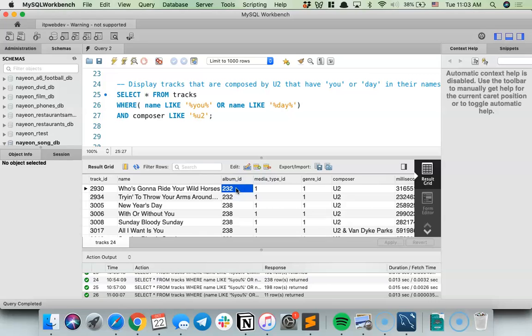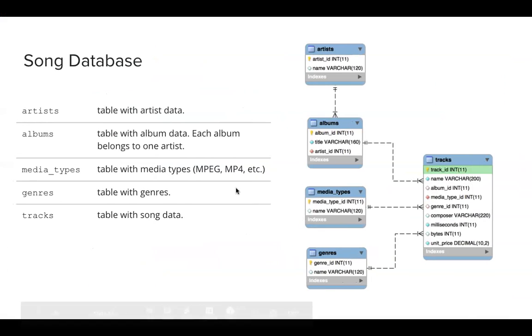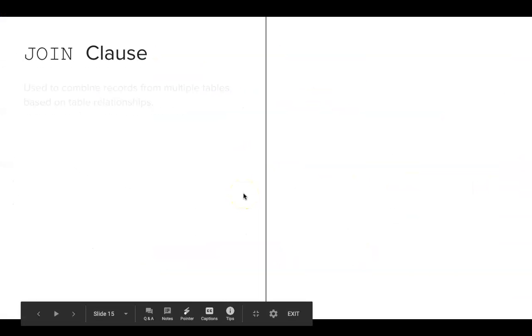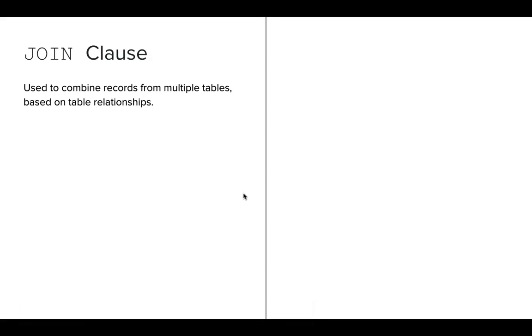So when we're first designing databases, this is great. We want to have foreign keys and all that. But eventually, when I want to actually see some real results, I'm going to have to refer to multiple tables. So this is where the JOIN clause comes in handy. It allows us to combine records from multiple tables. So it's going to allow us to pull the artist information, the genre information, whatever, from other tables so that we can see the entire data in one results table.